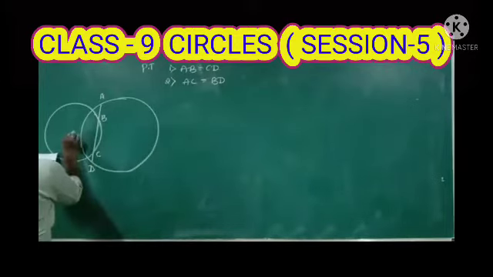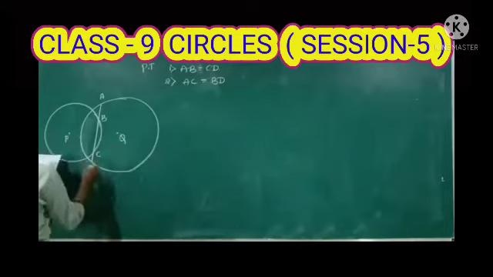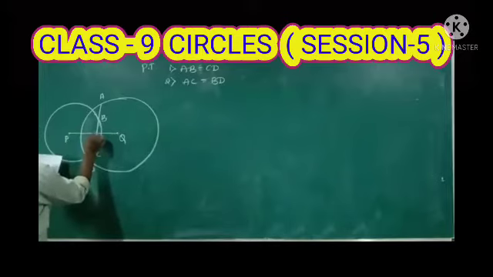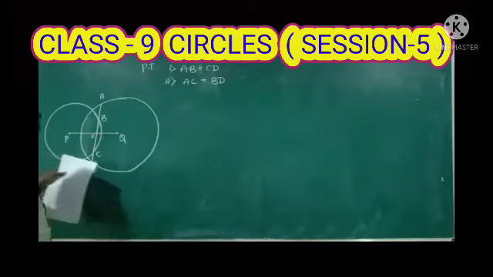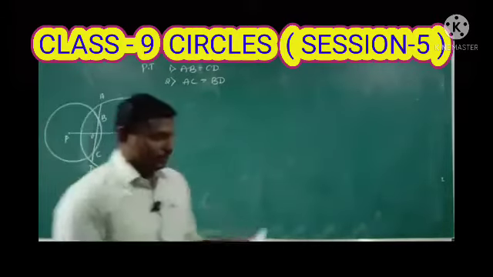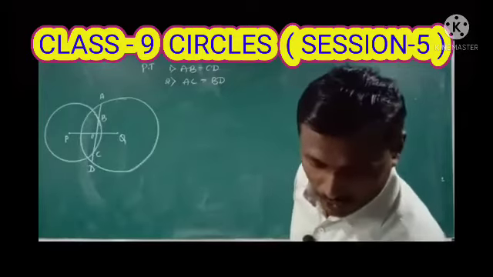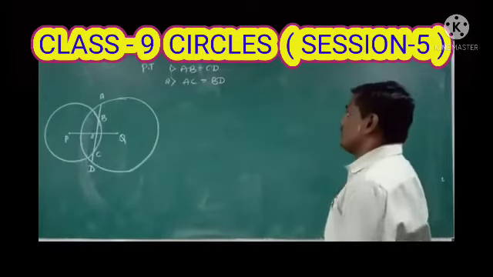And P is the center of the first circle and Q is the center of the second circle. When I draw the line from the center of the circle to the chord, it will intersect at point O. So what you have to prove here? What you need to prove is that AB is equal